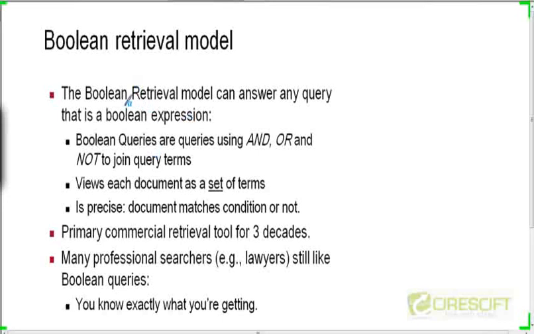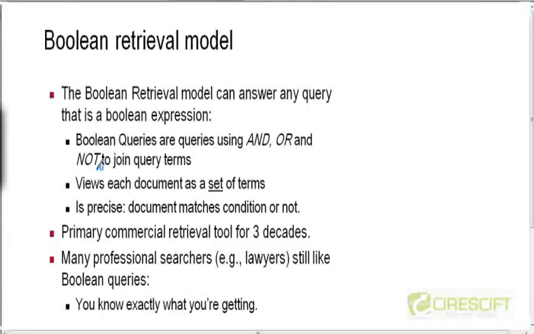When we talk about Boolean retrieval, we have to look at the scenario in two ways. Firstly, the query is a Boolean query. What that means is the query is constructed using terms which are then connected to one another using AND, OR, and NOT operators.